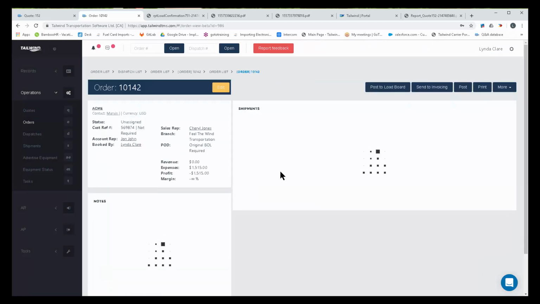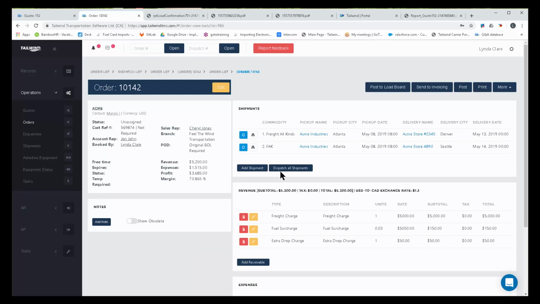So let's go ahead and dispatch this onto company equipment. When I want to dispatch all shipments, I will use this button. However, you do have the ability to dispatch shipments individually. If I'm moving this on one truck and this on another truck, I will use the dispatch buttons right beside the open button. I, however, am going to join all these shipments together into one movement, and I will then